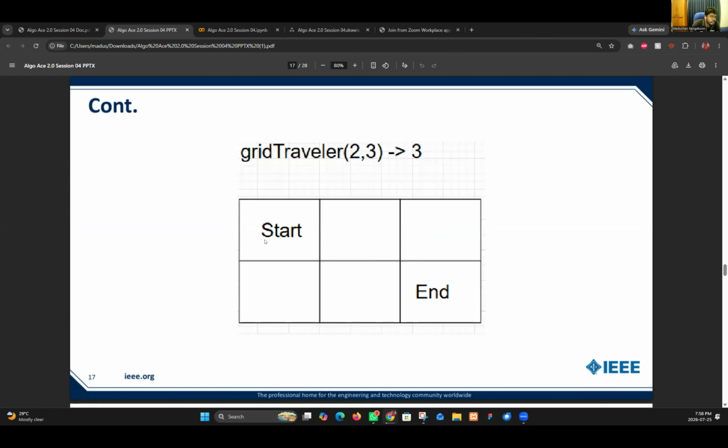So this is your starting point and this is your end point. You can only go down or left. How many ways can you use?